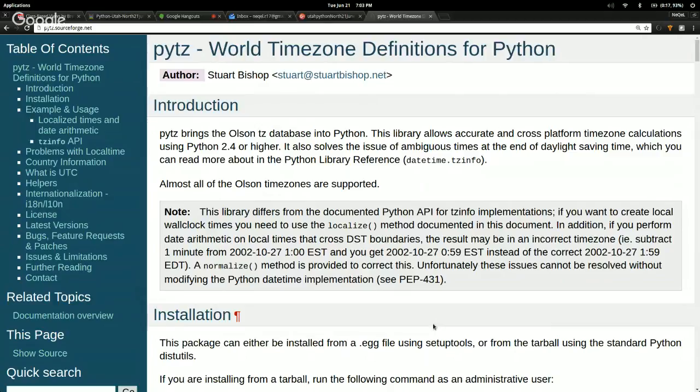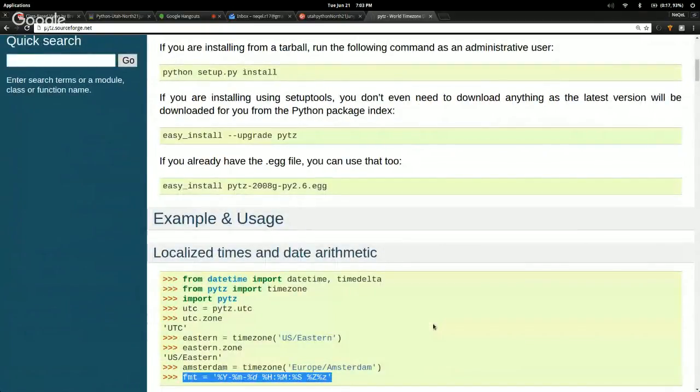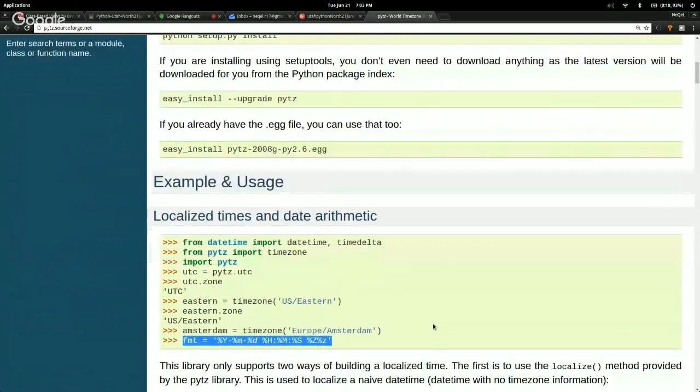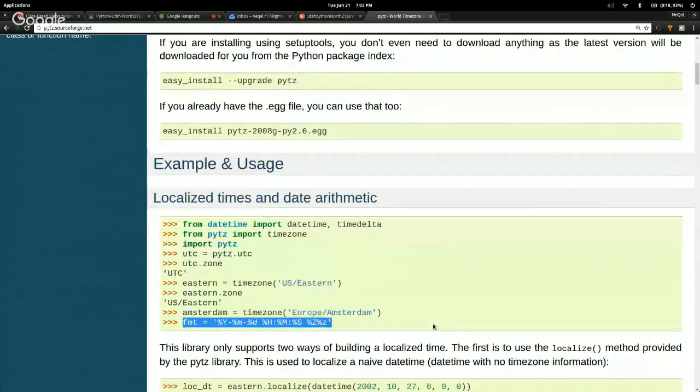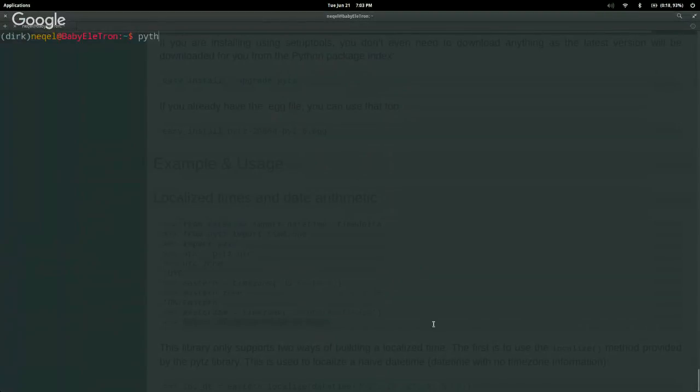So using the PyTZ really is pretty simple. It's just a matter of getting it installed. You can use easy_install or pip install to get it going, and then you can just begin to use the items by importing. So taking that example that they have on the SourceForge webpage,